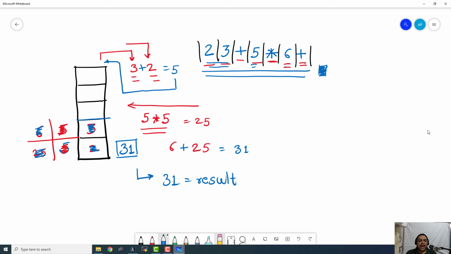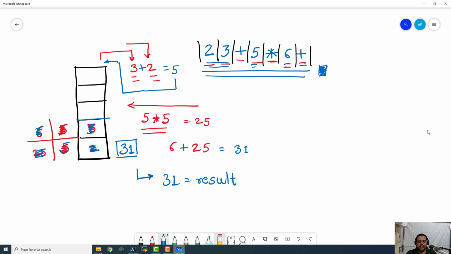So this is a very easy and simple algorithm to understand. You just go ahead and scan the entire expression, tokenize it, and then scan it. Whenever you find an operand, just push it to the stack. And whenever you find an operator, pop the operands from the stack, use that operator to perform that mathematical operation, and then push the result back to the stack. Whenever you reach the end, by continuously doing it, the top of the stack is going to have the result of the evaluation of your postfix expression. So this is how we can use a stack to compute the evaluation of the postfix expression.